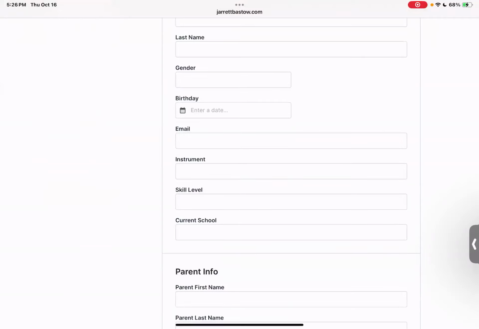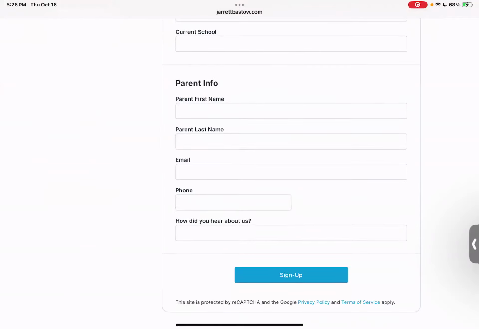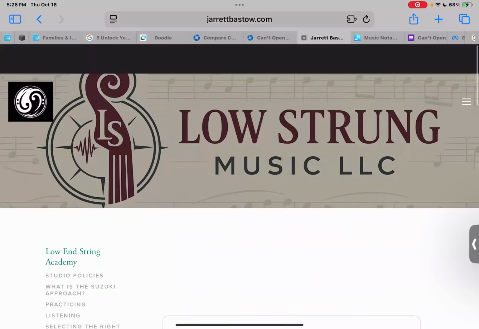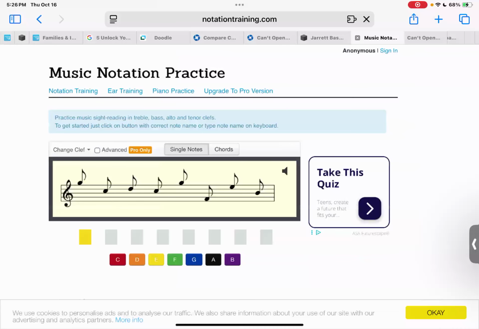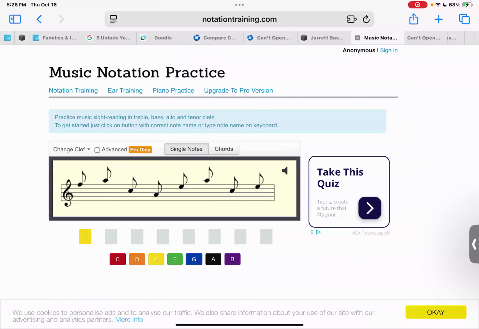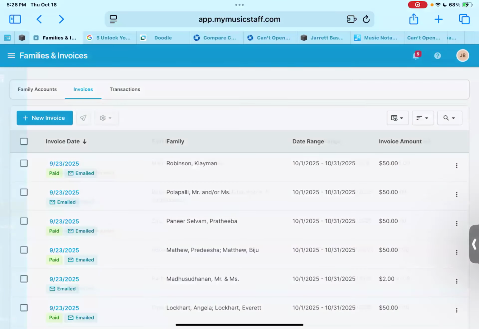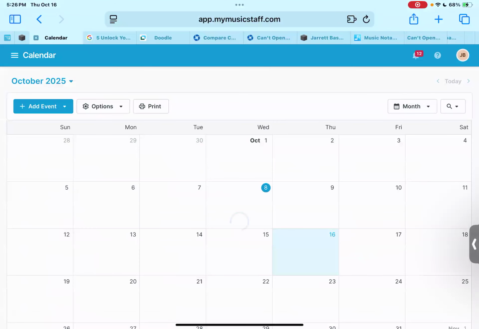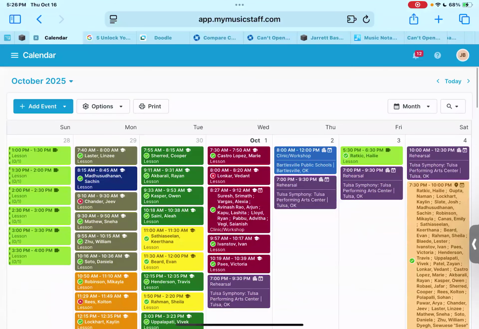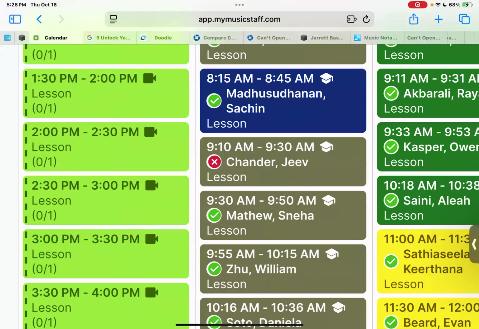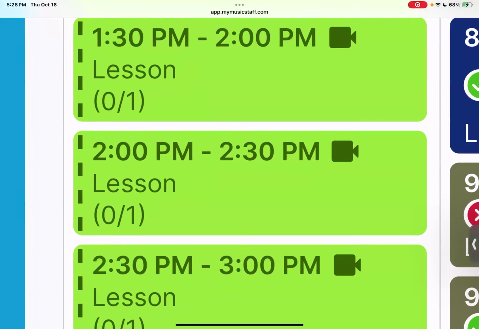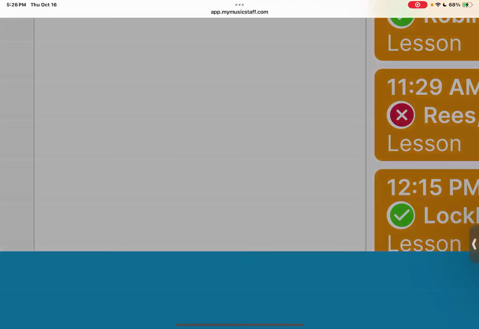So name, birthday, email address, instrument, skill level, current school, parent info, etc. They then sign up such that, let's go to here. They have the ability to then sign in to, as you can see here, fill in whatever lesson they want over on these dotted lined figures. From there, they have the ability.